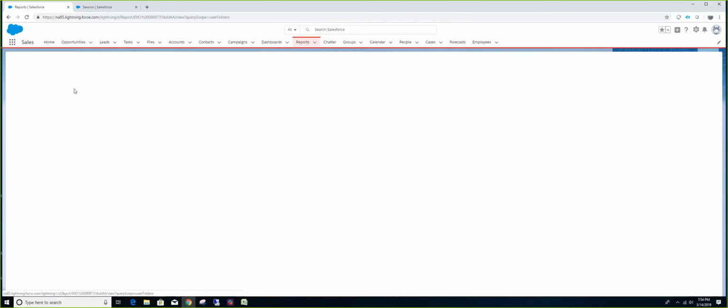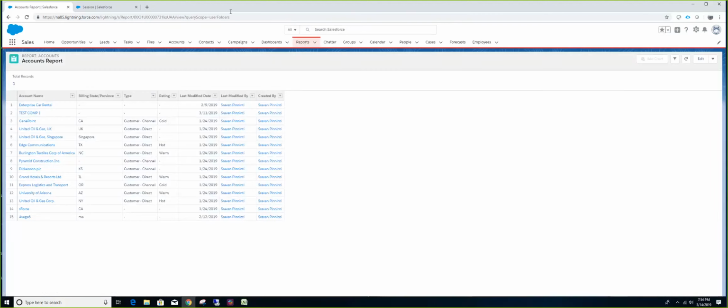Like accounts report. If I click on this, you see, you can use this URL and give the URL to anybody and say, hey, you know what? This report allows you to see all the accounts that are in the system. Okay, so it would allow you to do that. So this is basically a tabular report. It's just a basic one, I mean, instead of querying the data, we are using filter conditions to be able to report on this data.